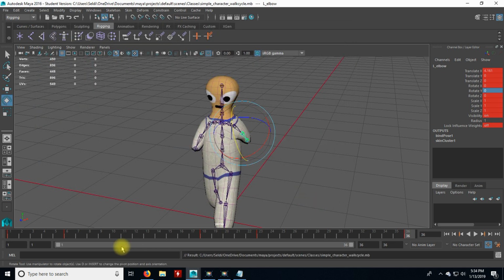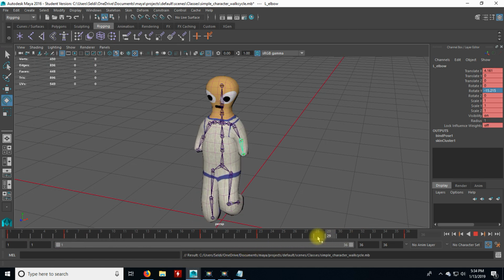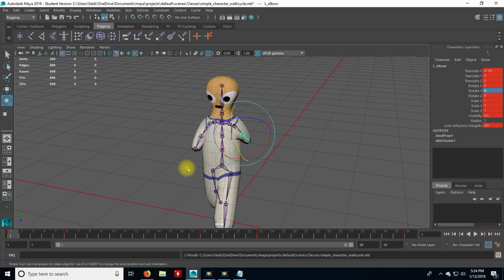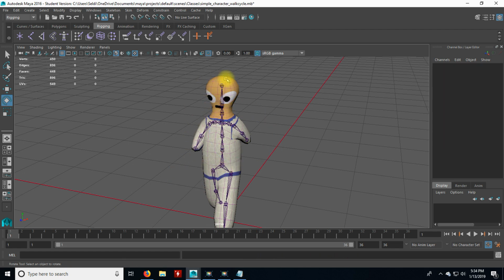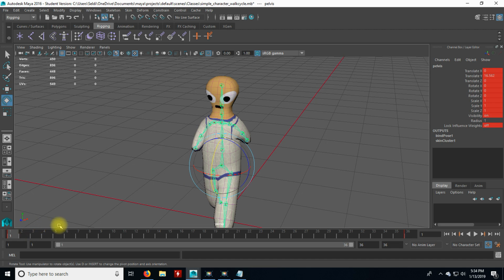Now, of course, we're not done. This is just close enough to get our arm movement. But not just our arms move when we're walking. Our hips also move, our height changes, and our shoulders and our neck will move depending on our body position. So I'm going to do the height part first. I'm going to take the